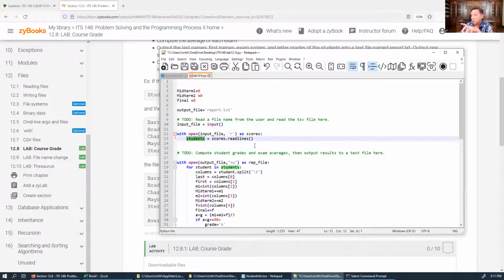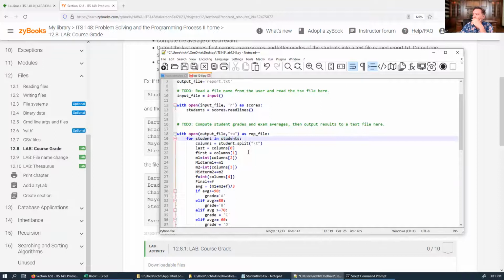It's going to be a list, where each line has a set of scores for each student. And then I'm going to open up our output file for writing, and for each row, or each student, in students, I'm going to split that row up,